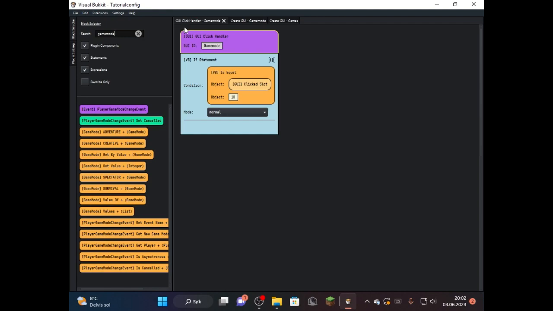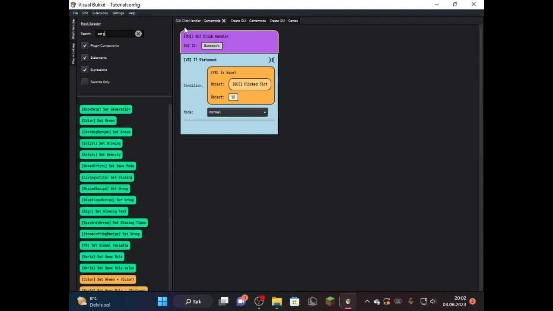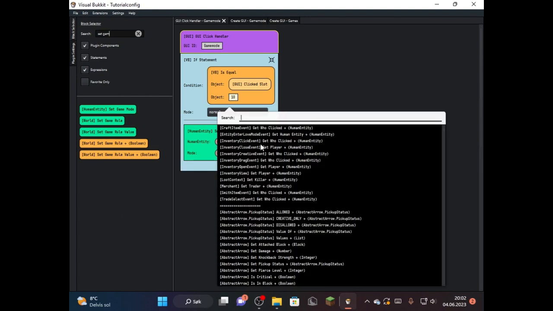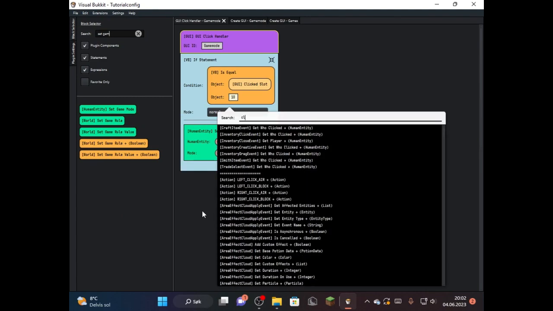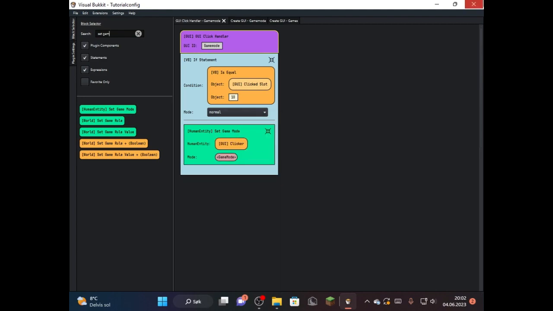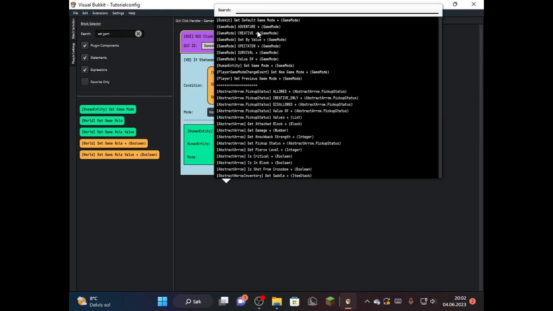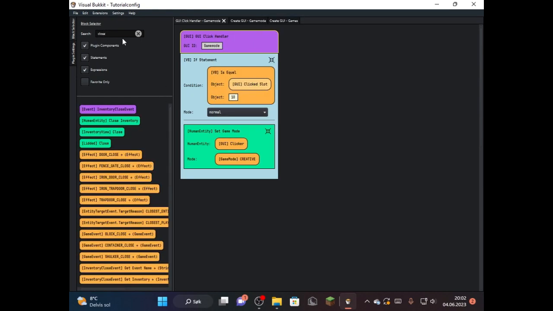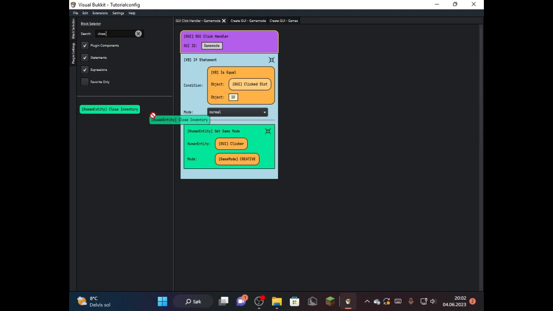Game mode, human entity set game mode of the clicker, who is the player who clicks, and the game mode is of course going to be creative. And I also want to close inventory